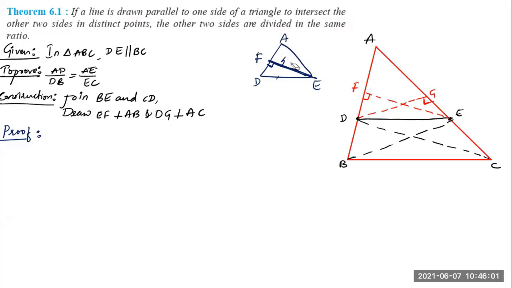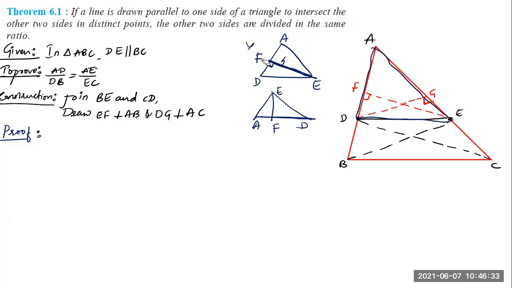Now EF will become the height of the triangle. In the sense, suppose if you consider the triangle, if you turn this in this direction, AD will come here. This is D, this is A, and this is E point, and this is F. So EF will become the height of the triangle, and AD is the base of the triangle. So I'm considering this triangle A, D, E. You can see the diagram there.